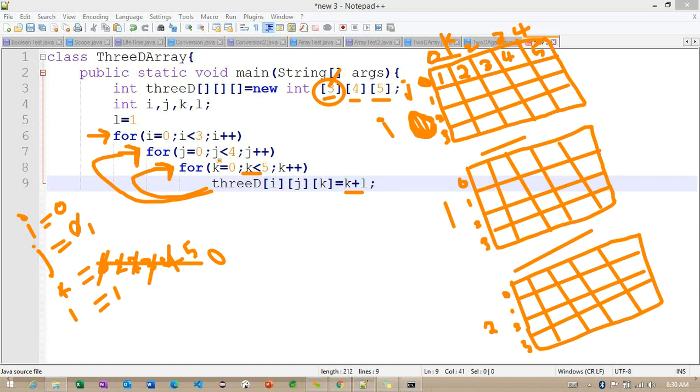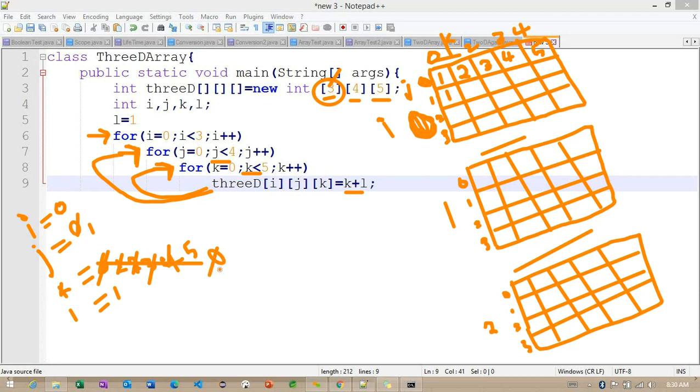Once the condition is satisfying here, it will enter into the nested loop, that is called K. And now what we are doing here, again we are checking it. So 0 less than 5, its condition is satisfying. So 0 plus 1, the value will become 1 here.